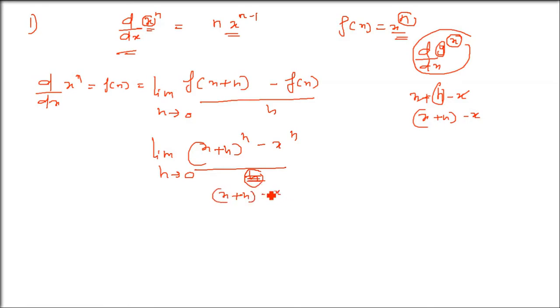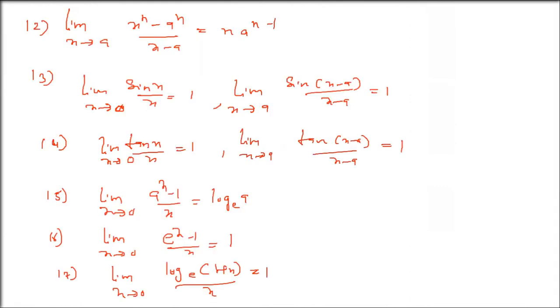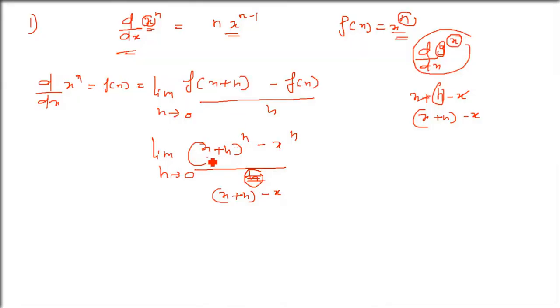So now if you remember, I just gave you a certain relationship. This 12th one was x raised n, a raised n, over x minus a, is n a to the power n minus 1. So assume it to be any variable, say assume it to be x only, don't worry. x to the power n minus a to the power n, here x is a, and this is the x minus a type. So now the same relationship is there.